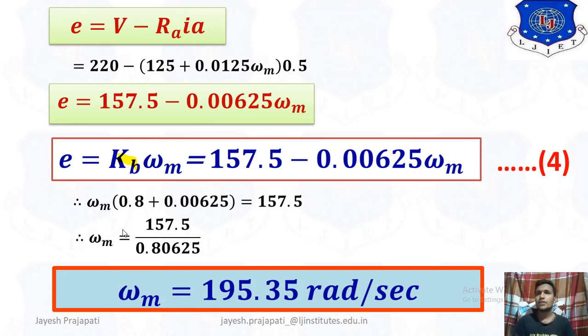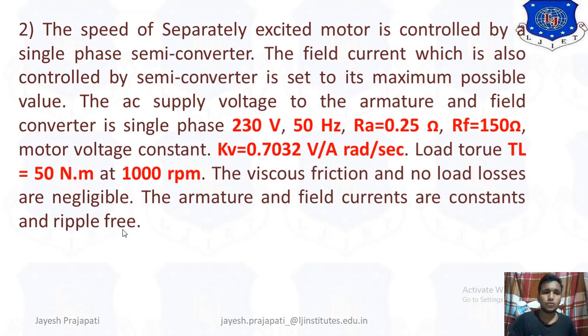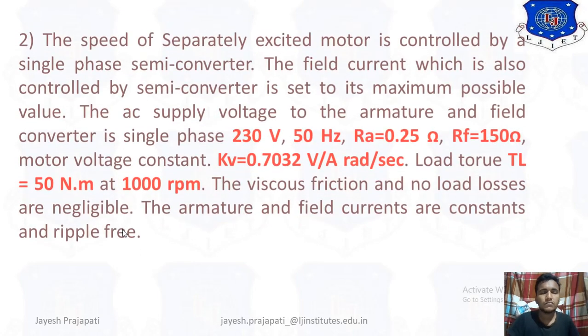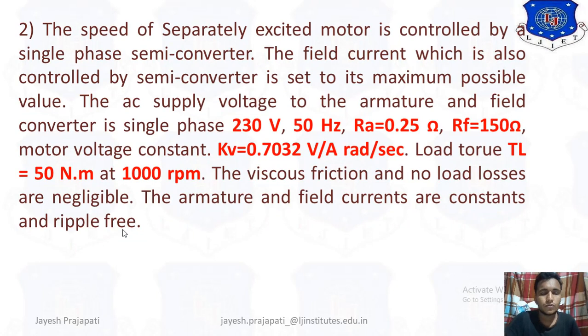That is the solution or main answer for this example, the speed of the DC motor in radian per second. If we have to find the speed in RPM, we use the equation 2 pi n divided by 60. In this equation you can also find the speed n. Okay, so that is the solution for the example number 2. Now we have to discuss the next example.